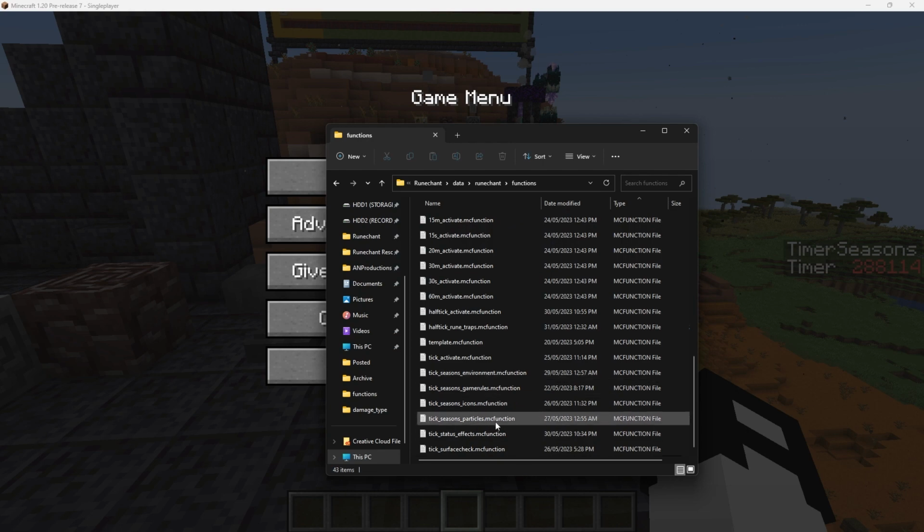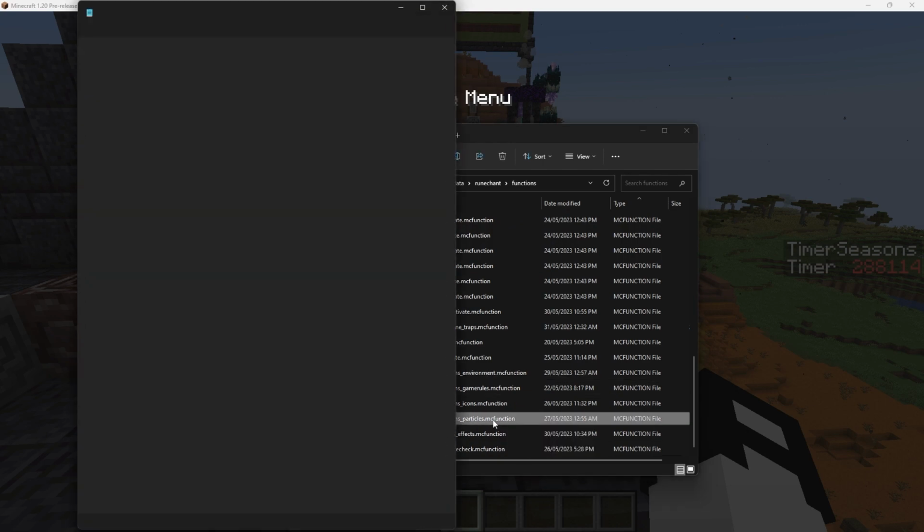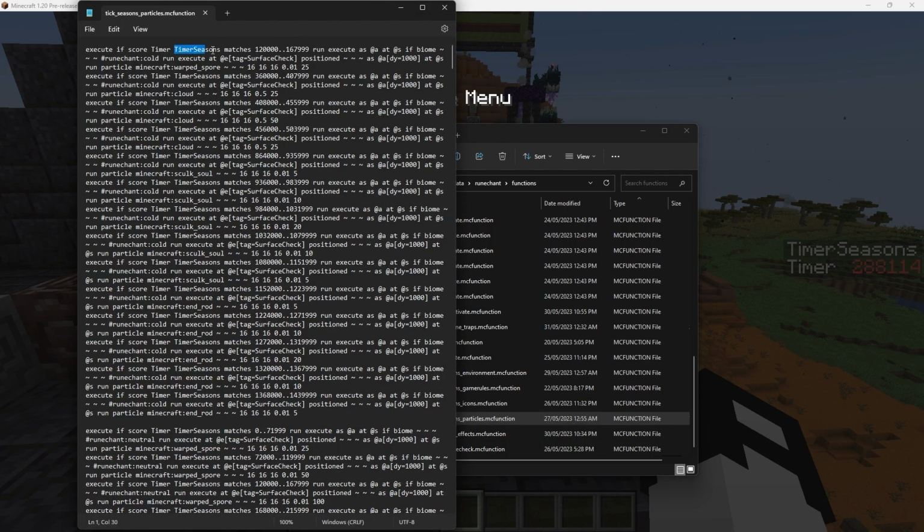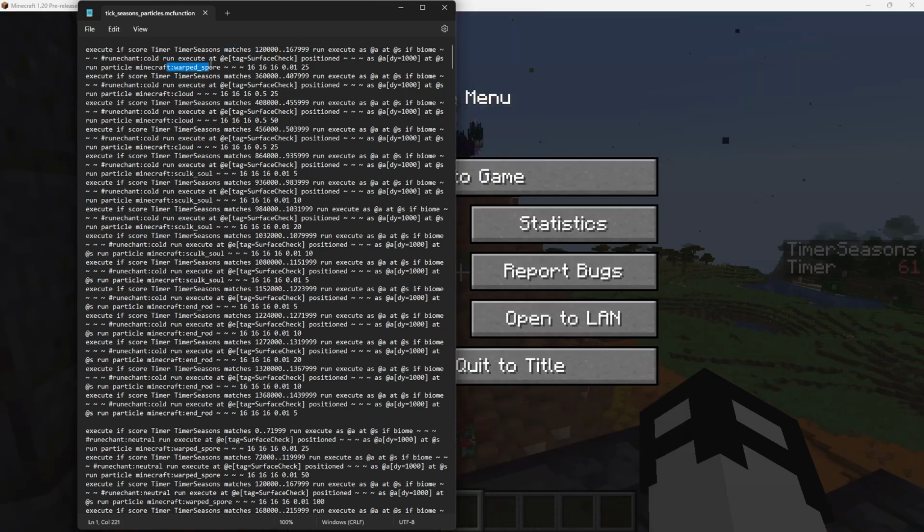So starting off with the particles. Particles are nice and simple too. Again, everything runs off of our timer. That is the core of it, and then we're just using it to generate different commands depending on what season it is. So we have Warp Spore, which I'm just generating, again, centered on the player's position using this whole string of commands. So execute if score timer seasons matches within a certain range